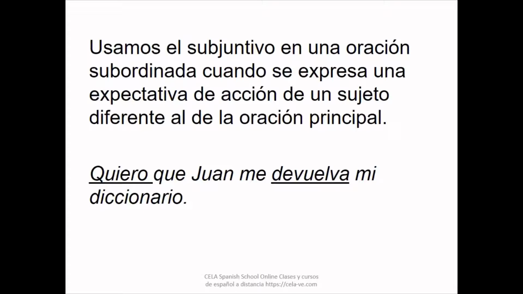The subjuntivo is a kind of indirect imperative. So the negative imperative and the present subjunctive have the same conjugation. In these sentences, we have two different grammatical subjects, and the subject of the main sentence expects an action from the subject of the subordinate sentence. The expected action goes in the subjuntivo.